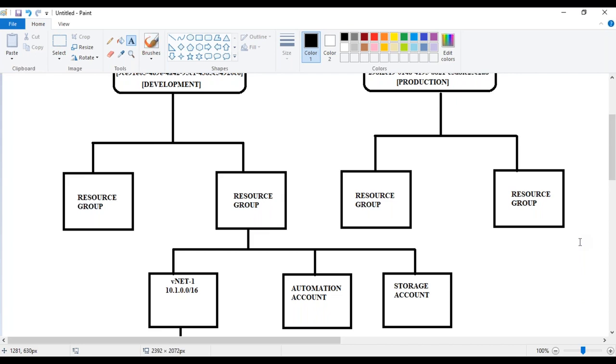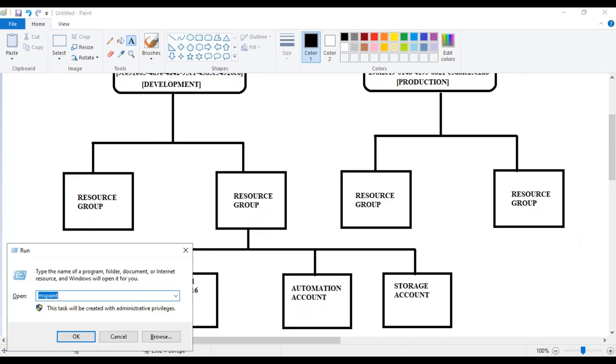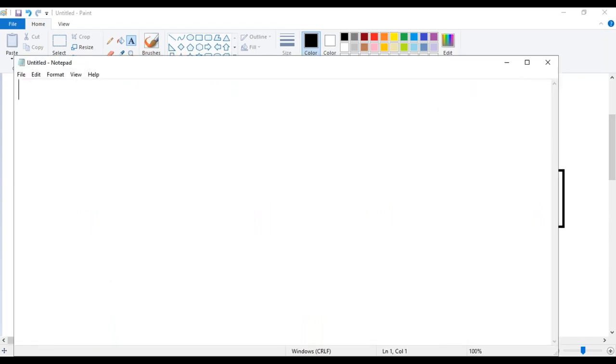For that, what you need to understand here is there is a concept called ASM, which is old Azure, called Azure Service Manager. Let me tell you, the resource group which you are seeing came in, I think, in 2016.